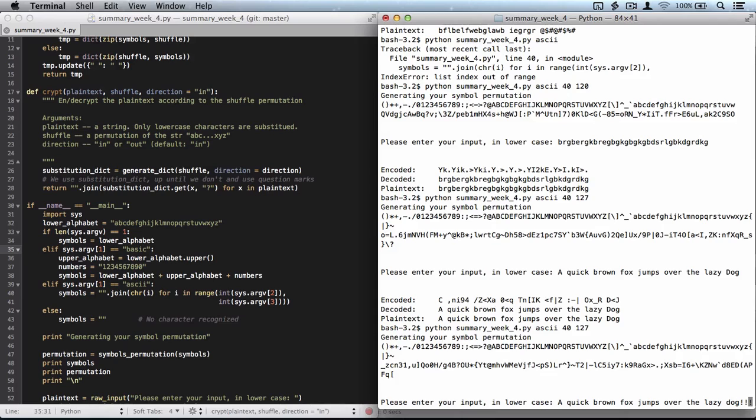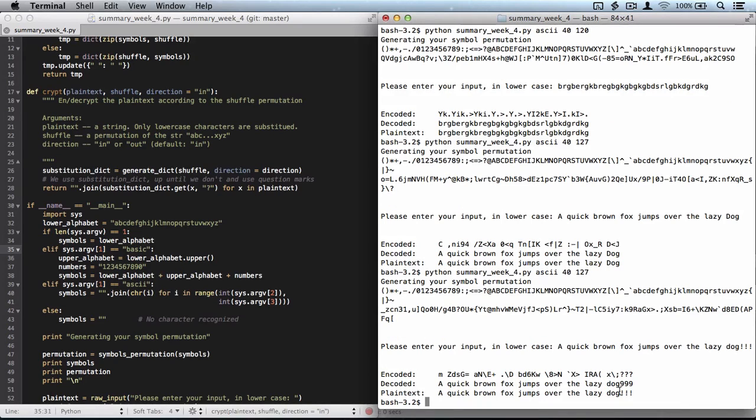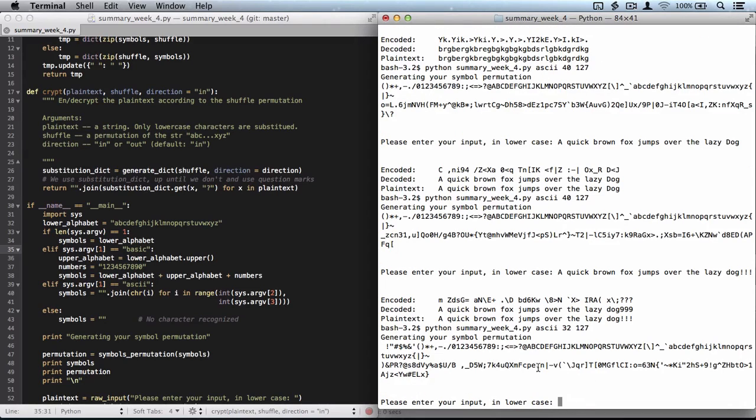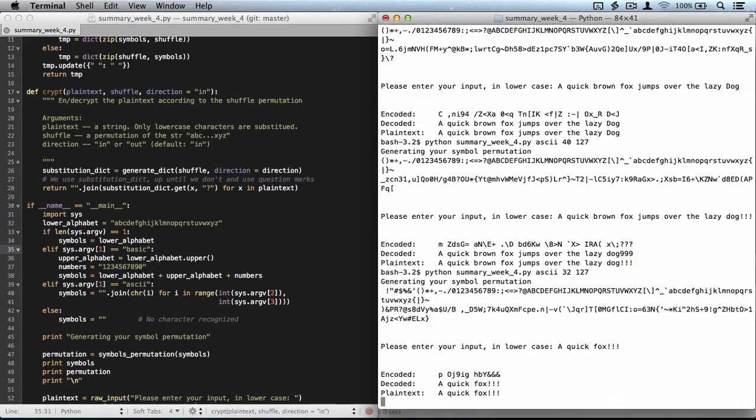Okay, the point is I could also encode in this way some special characters, and you see that the exclamation marks will actually in this case be encoded to question marks, which are decoded to 999. Okay, so there is a slight problem here. It's not really a problem with my program, it's just more of a problem about how I use it, and the reason is that I haven't allowed low enough characters to include the exclamation mark in the characters that will be allowed. So if you re-enter the same phrase, a quick fox, etc., and this is encoded to ampersand, ampersand, ampersand,